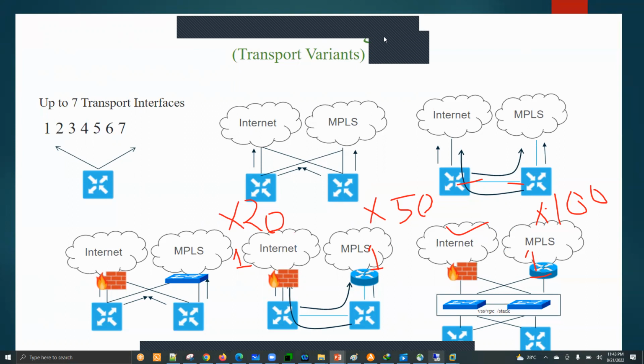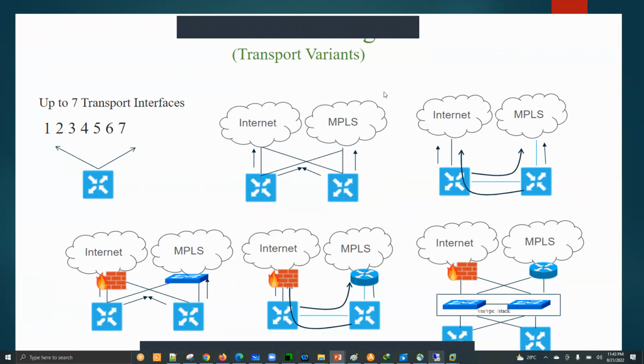Let's check a few of the slides related to design. Again, you have to decide what type of high availability you need in your branch. Do I need two devices with two different ISPs, or two devices with three different ISPs, or can I go with some sort of T-lock extension? I haven't discussed this T-lock extension, but there are chances that you have only one ISP,